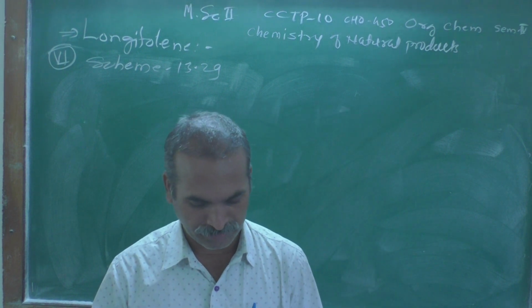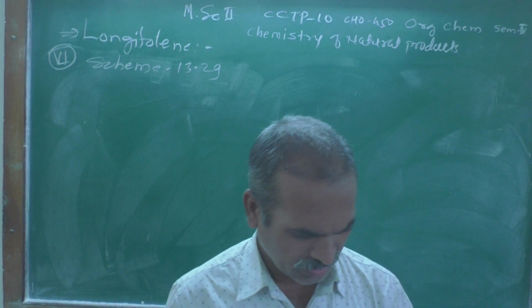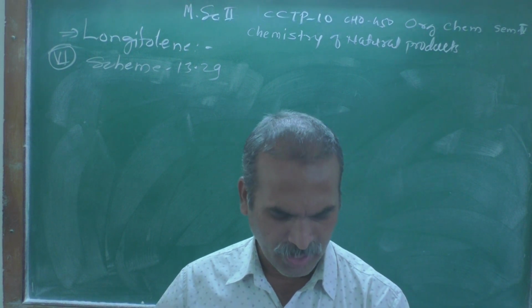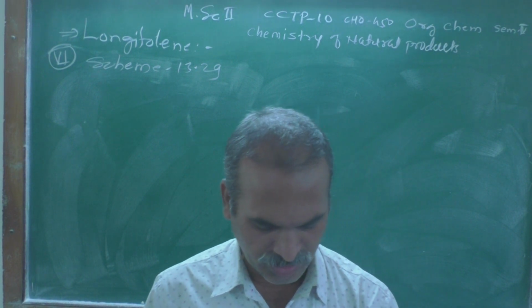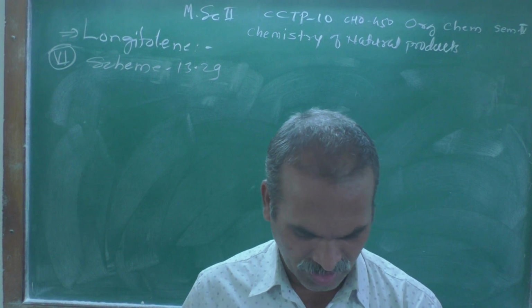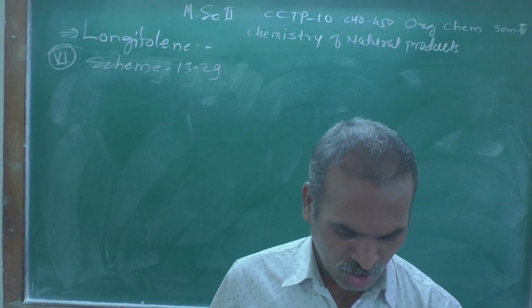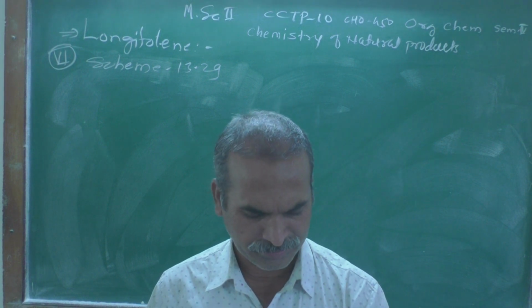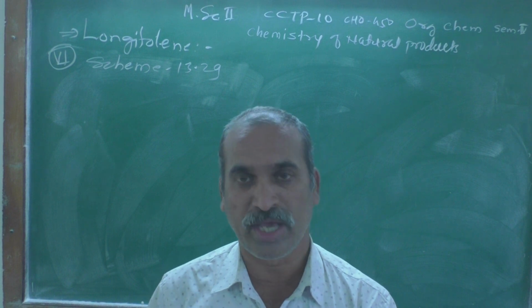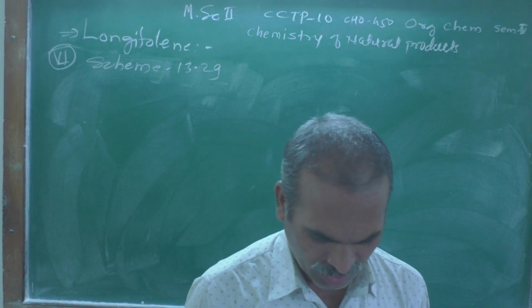Keeping that stereochemistry in mind, let me revise once again what we have discussed so far. There is a partial retrosynthesis we have discussed, and intermediate 29.1 contains the tricyclic skeleton of longifolene, which we already described in our previous lecture, devoid of its substituents but containing carbonyl groups suitably placed so that the methyl group at C2 and C6 and the C11 methylene can